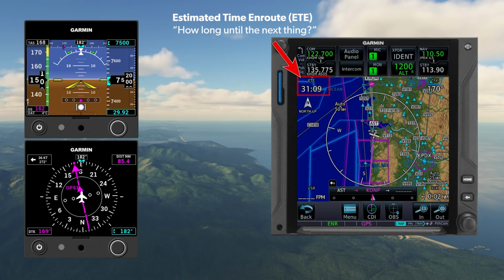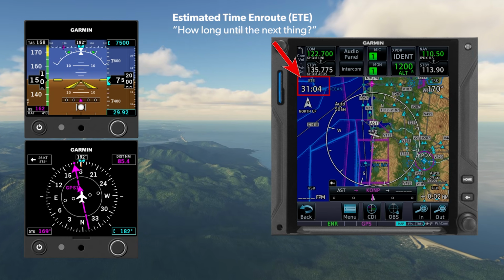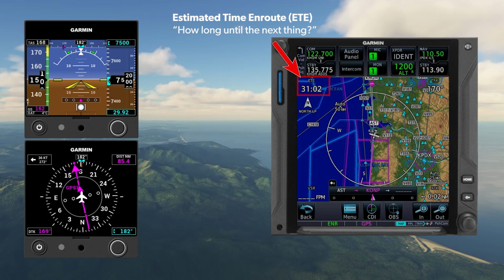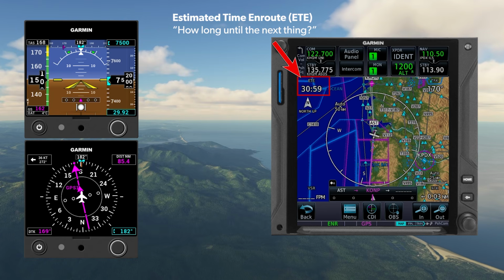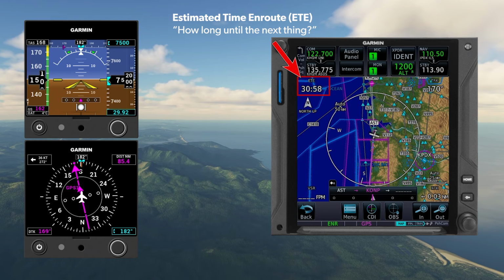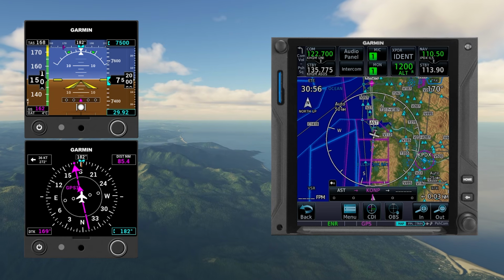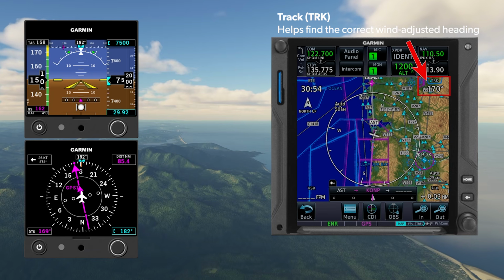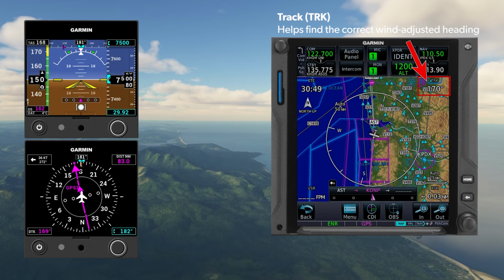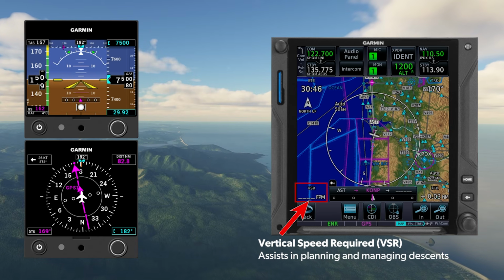In IFR or on any busy flight, you want to be briefing yourself on what's coming next and in how long that's happening. Of course, things tend to happen at waypoints or at turns in the route, so ETE to the next waypoint lets me know the next thing's happening, in this case in 31 minutes at my destination airport. I still kind of like the numeric track value up there, even though I've got the track indicator. I could change that. And in the bottom left, I've got vertical speed required, which we're going to look at in just a minute for planning